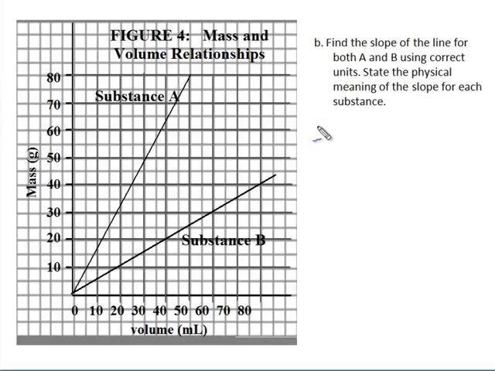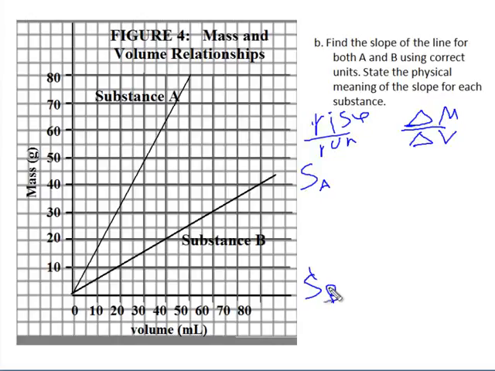the definition of slope is rise over run, right? Or in this case, it's going to be the change in mass, and I use this symbol, this triangle, to mean change. It's also sometimes called the Greek letter delta. Change in mass, which is my y, over change in volume, which is my x. Okay? So let's do it for slope for A, and then we will do slope for B. Alright, so let's